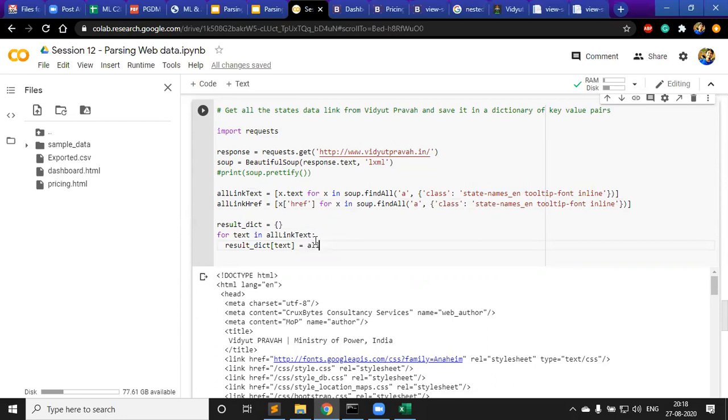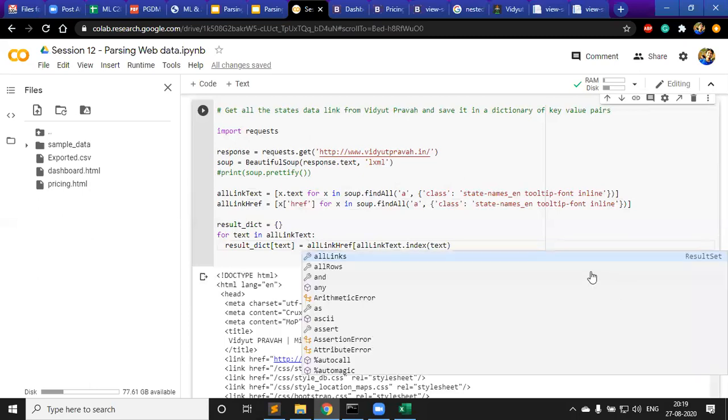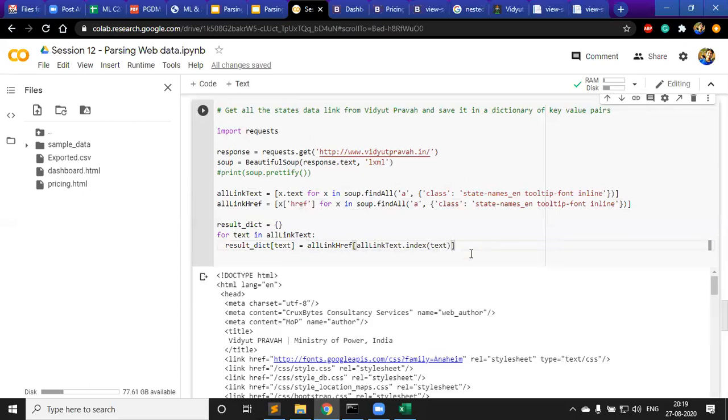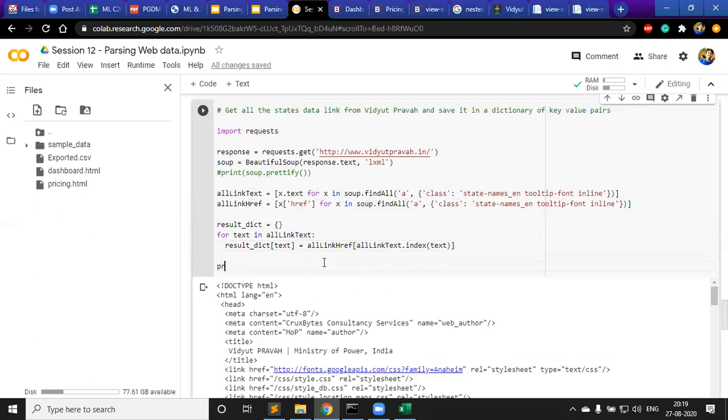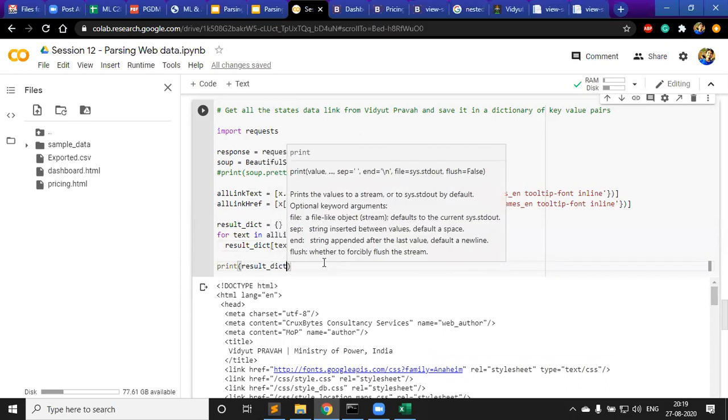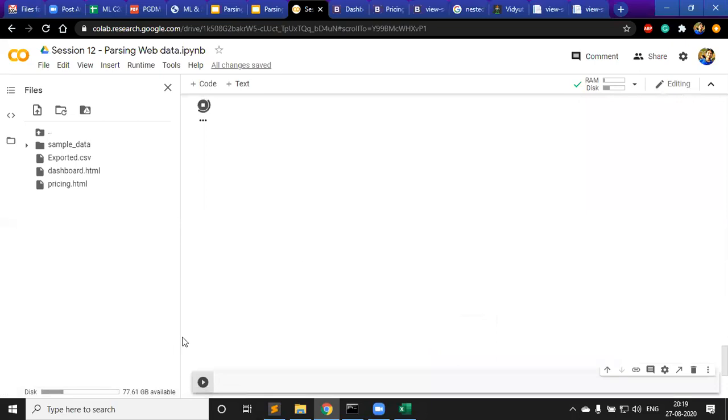So what I will do is something like that only. I can just say all link text dot index, right? Index of what, text. So I will get the position of this, and then I can pass it to my all link dictionary. So that will give me my link, right? And then I could just print my result dict, right? Result dict. So what I would get is